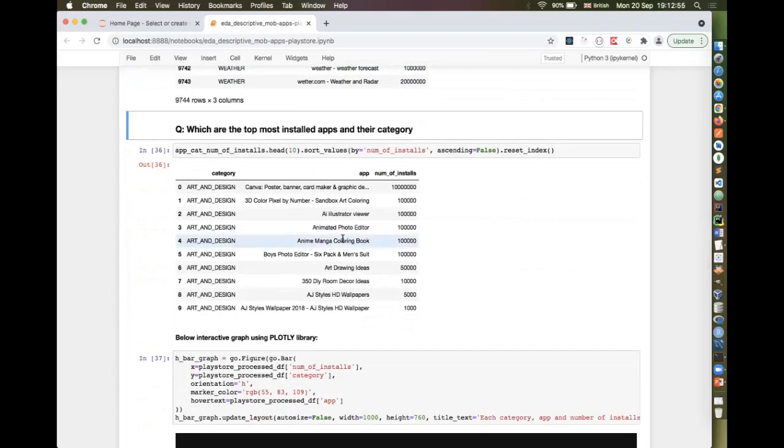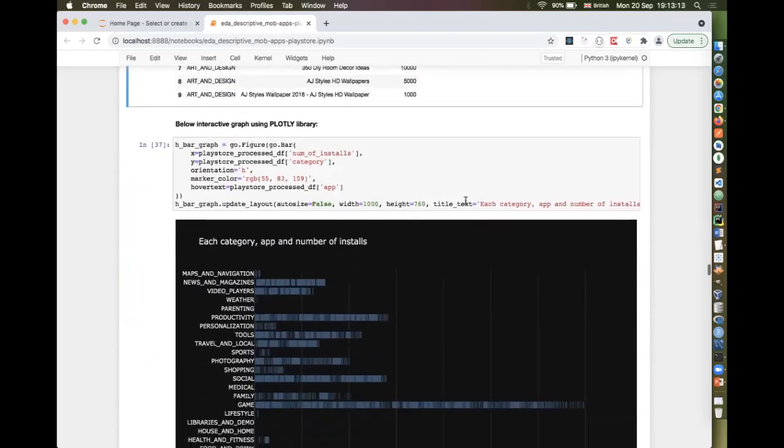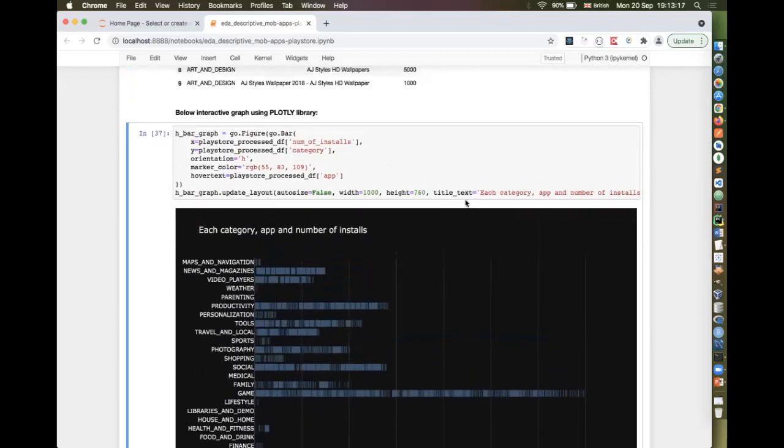Next, the question I'm going to answer: which are the top most installed apps and their category? So for the art and design category, this is the topmost app, and it's been installed this many number of times. Next, if you want to know each app for each category individually, I have used the Plotly library to bring it in an interactive way.